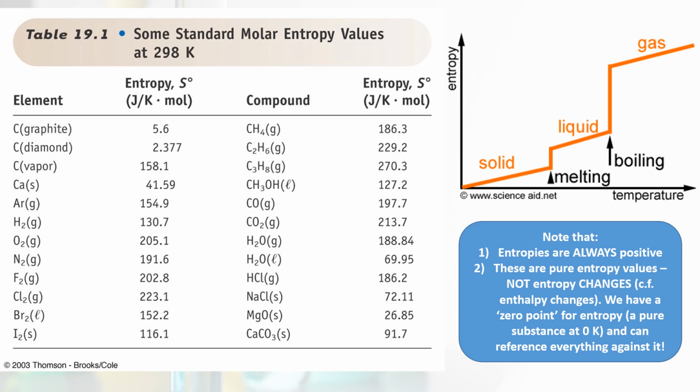And this goes back to why entropies are always positive. They're always positive because we can't have a negative. It's impossible to have a negative entropy. That would imply that there's a negative number of ways of arranging your system. At the very minimum, there must be one way of arranging a system, and that has an entropy of 0.